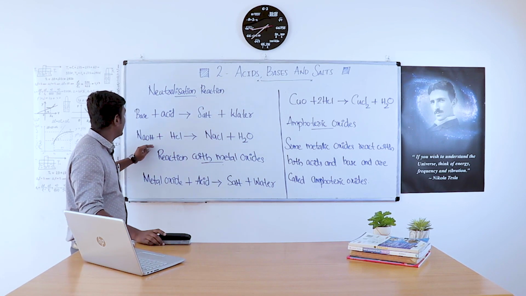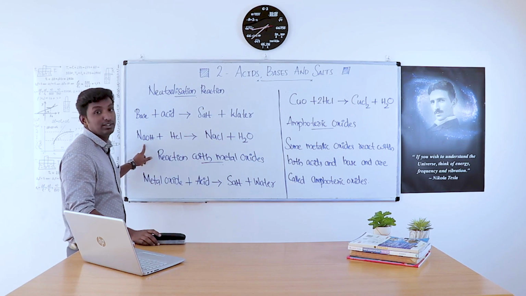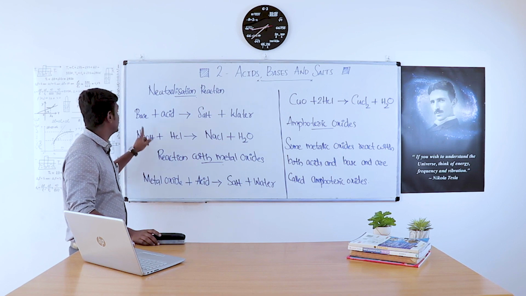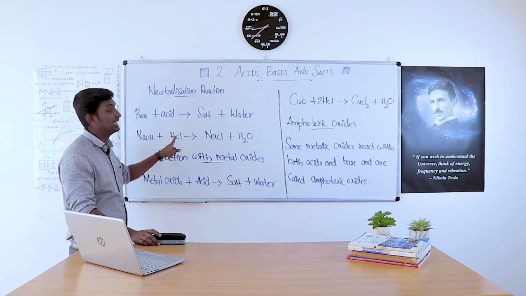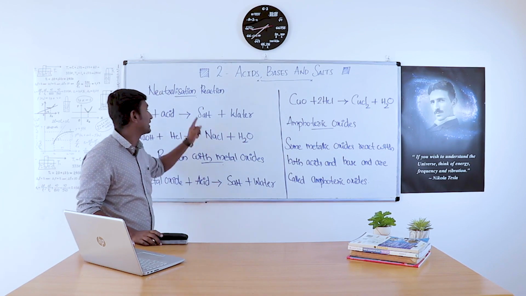For example, NaOH plus HCl gives NaCl plus H2O. What is NaOH? This is sodium hydroxide, which is a base, plus HCl, hydrochloric acid, which is an acid, gives NaCl, sodium chloride, which is a salt,